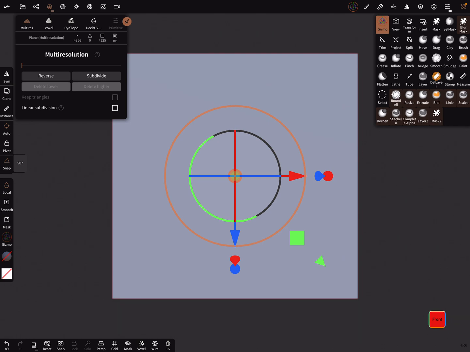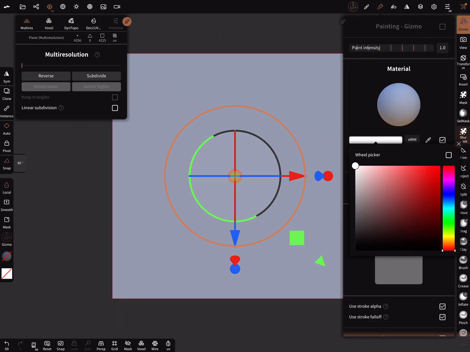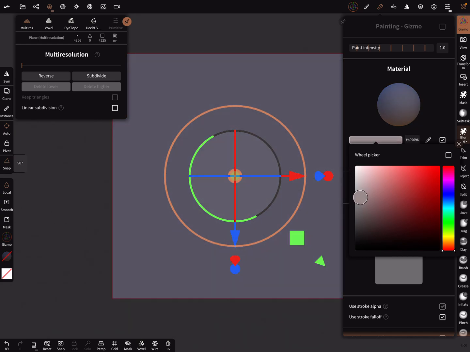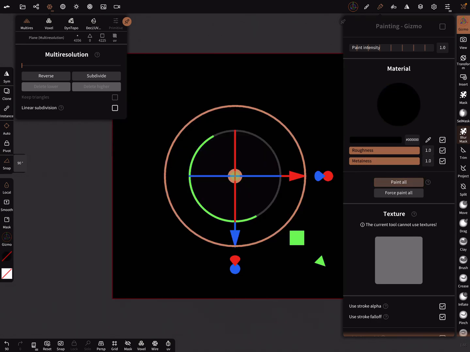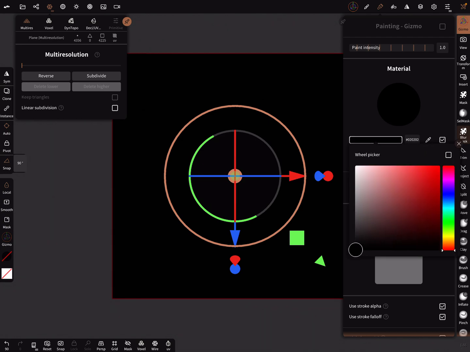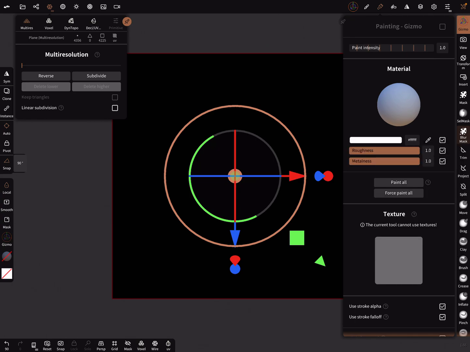And the next thing we have to do is we have to paint this object, and roughness and metalness slider up to 1 and paint it. And now you can set the color back to white, and here roughness, metalness you can bring back.